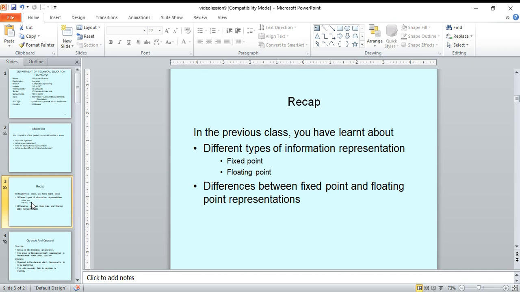That is the binary fixed point representation. And decimal fixed point representation is also there. Decimal means we can use the digits from 0 to 9. In that one, same as binary fixed point representation, if the number is positive, there is only one representation for positive numbers. But if it is a negative number, then it can be represented in three ways: signed magnitude form, signed nine's complement form, and signed ten's complement representation.